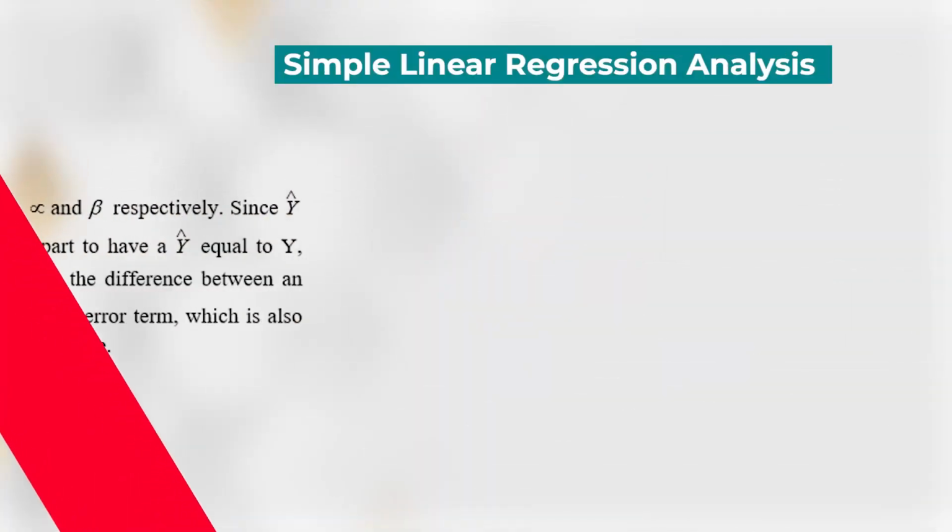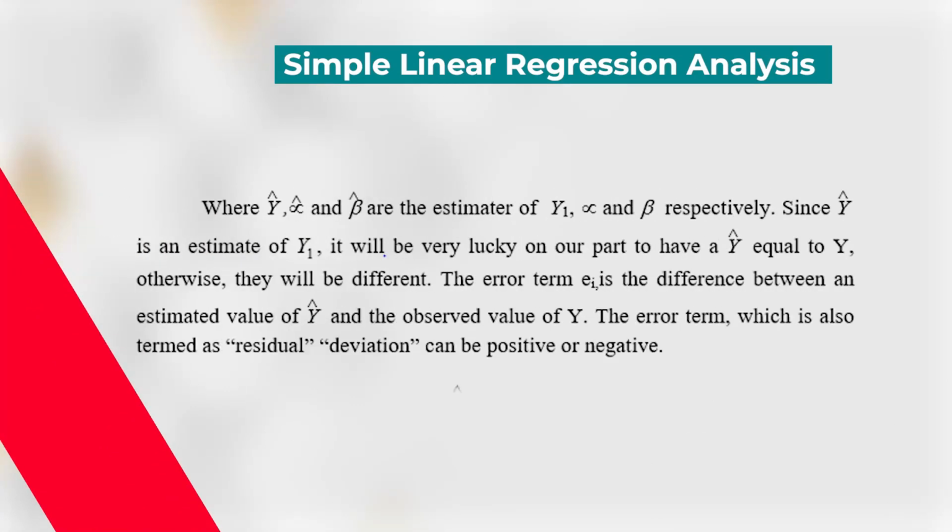So alpha hat and beta hat are the population parameters which are estimated on the basis of the sample. This boils down to knowing how we can get an in-depth understanding of this alpha hat and beta hat. Basically, when y hat, alpha hat and beta hat are the estimators of the dependent variable and the unknown parameters, we can say that y hat is an estimate because y hat can be calculated on the basis of the